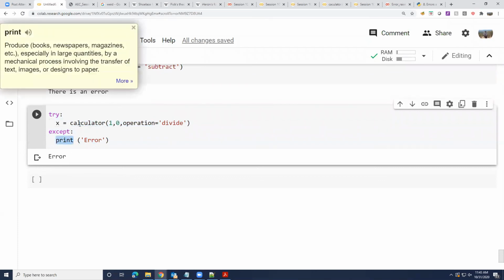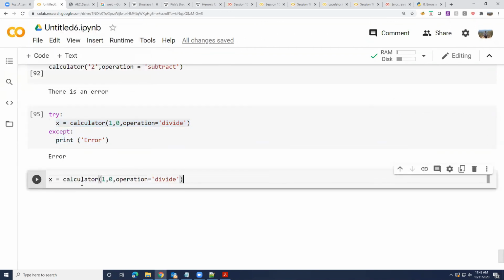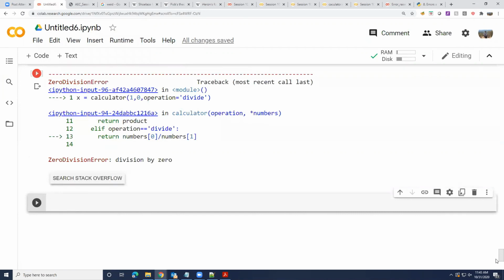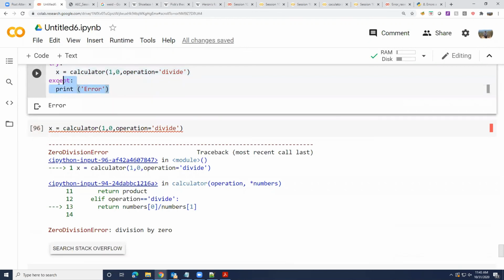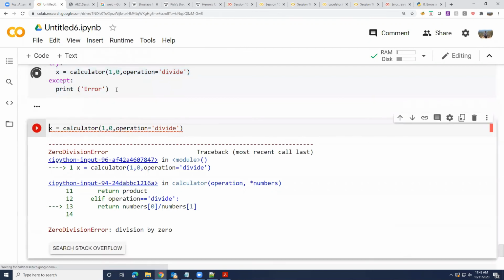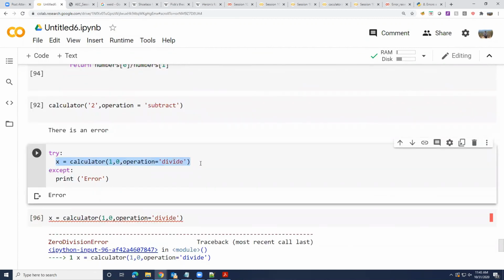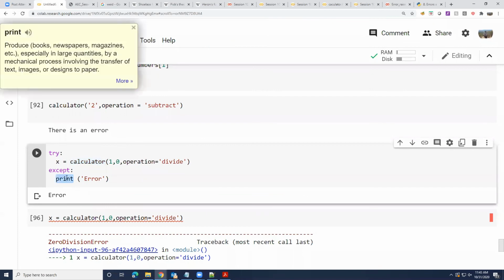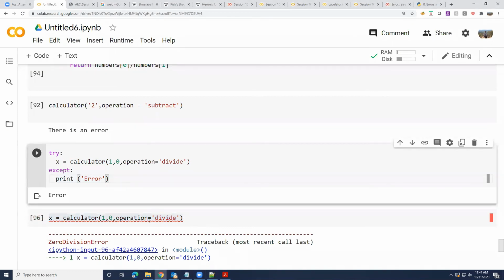If I don't get an answer or if there is an error inside the function, now unlike this call, this one is giving me all these stack trace as the error, but here I got a nice print error, right? So here I'm trying to call it, and in a try block, if it fails, my program just prints an error. Whereas this, when it fails, it doesn't print anything, but it gives me all this stack trace. So that's the difference between using try except versus not using.